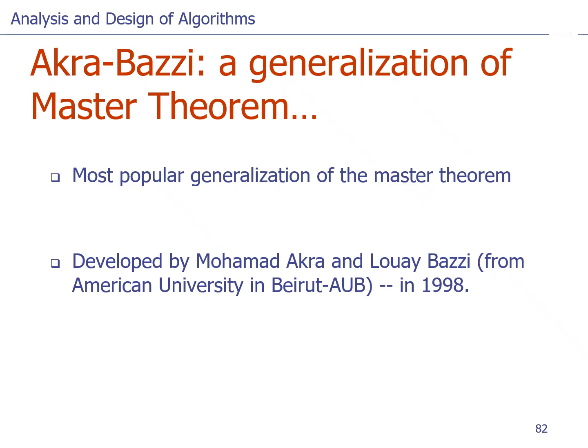Interestingly, the most popular and the most accepted generalization, or alternative, if you would like, to the master theorem is a theorem developed by two mathematicians from the American University in Beirut. Their names are as listed here, Mohammad Akra and Louay Bazzi, Akra-Bazzi. And these guys were not computer scientists at all. Back in the mid-1990s, they realized that computer scientists are facing a problem with recursive code, that they cannot analyze it that easily because the master theorem has lots of